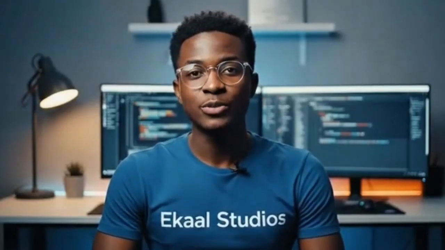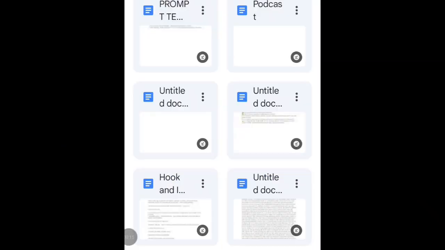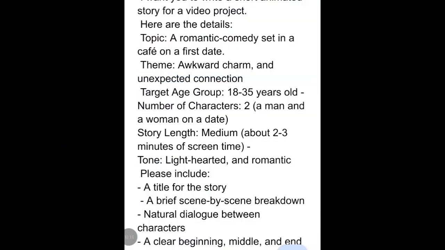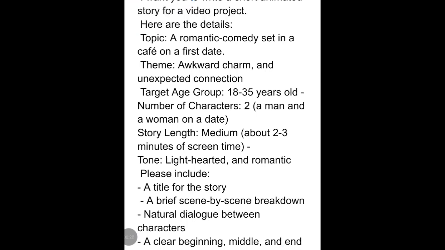So let's get started. Step 1 is to write a story, and we're going to start by writing our story. To write our story, we need a prompt, and I already have my master prompt here. So what we're going to do is copy this master prompt into our clipboard and paste it into ChatGPT. Before we go to ChatGPT, I want to walk you through how I wrote this master